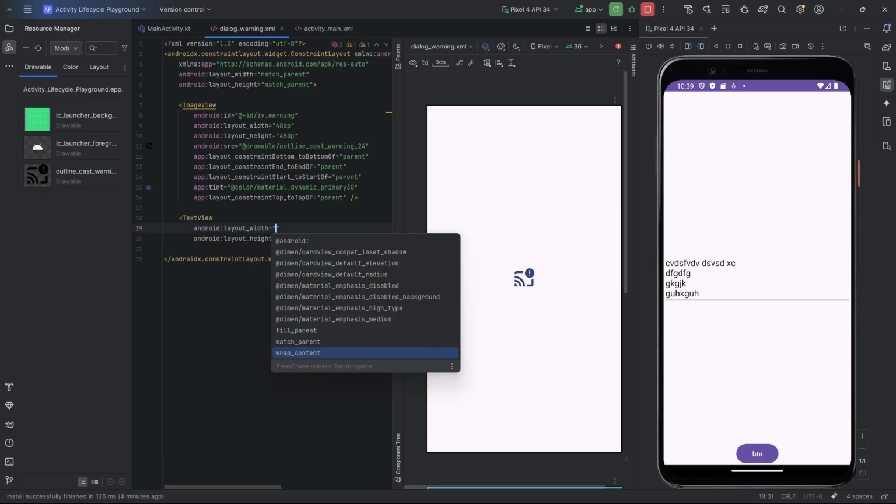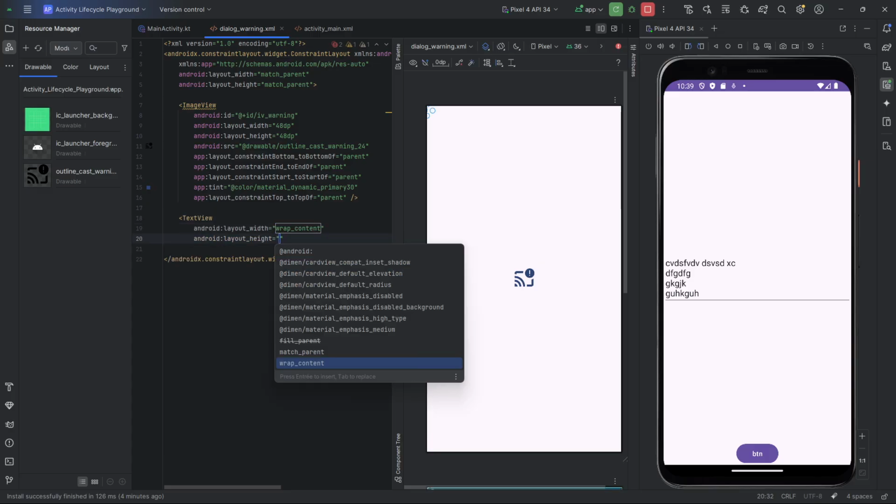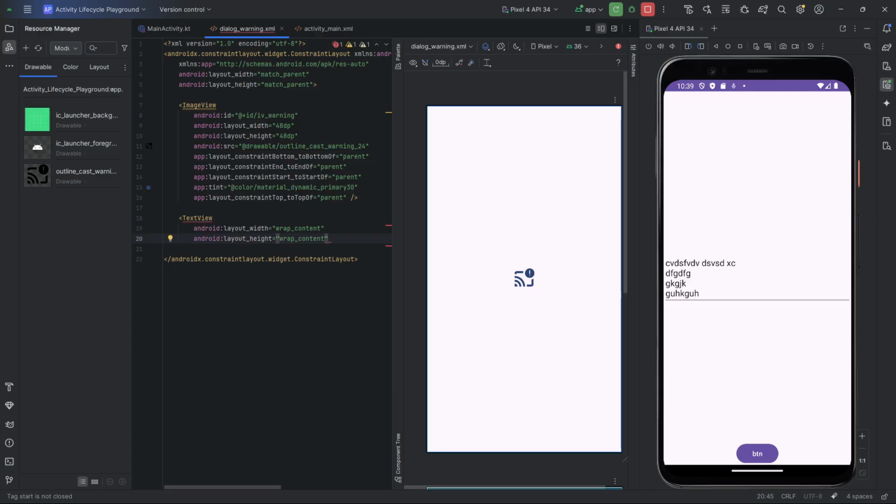I'll close the resource manager. And we'll put this under the image, so top to the bottom of the image view icon. We'll make sure it's centered, so start to the start of parent, and to the end of parent. We'll give it a bit of margin, margin top, 12 dp,